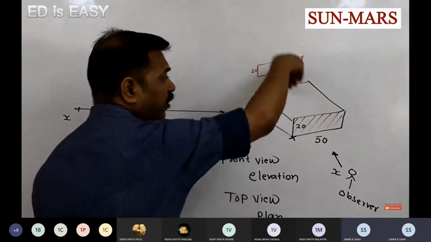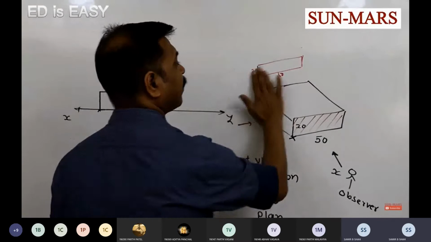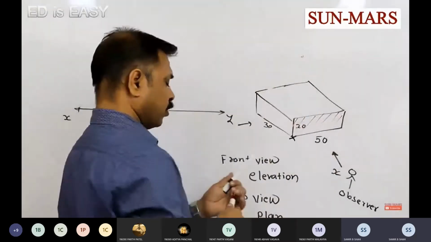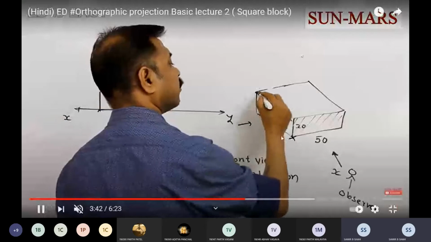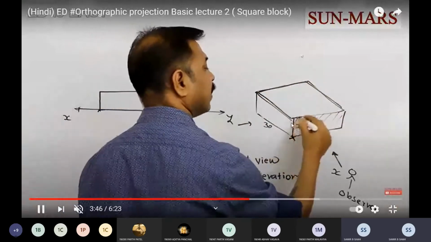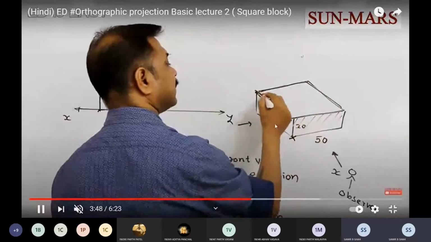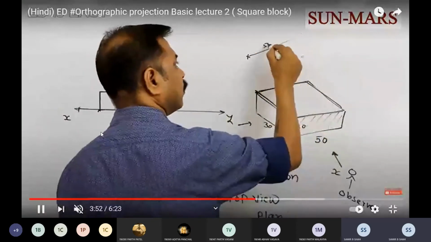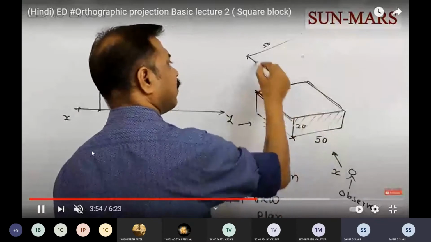After that, we talk about the top view. How will we draw the top view? We know very well that the length is already there. This length is given. It means that we get the projection here, but this is not given to us directly. It is given in the isometric diagram, that is 30. So we keep it here.